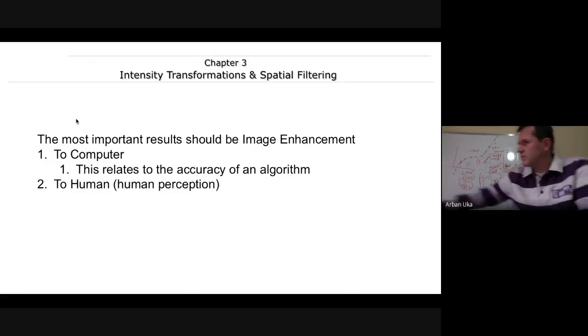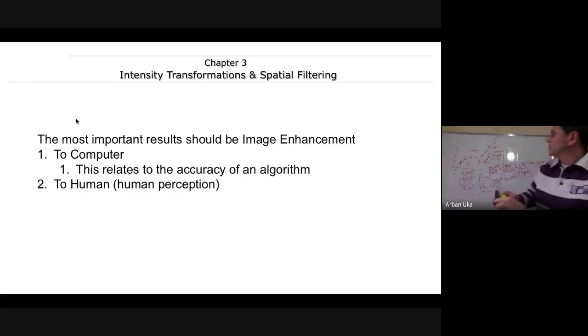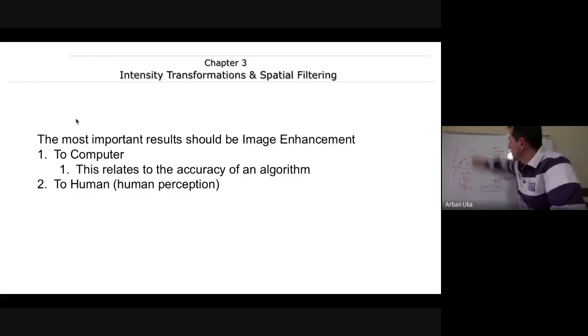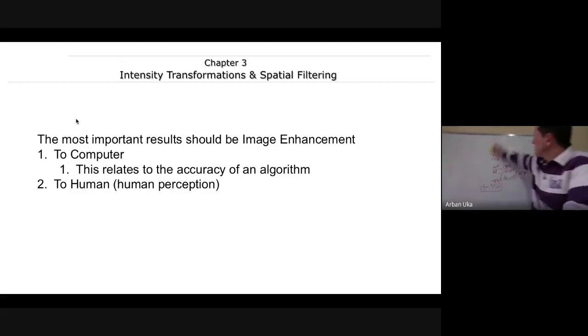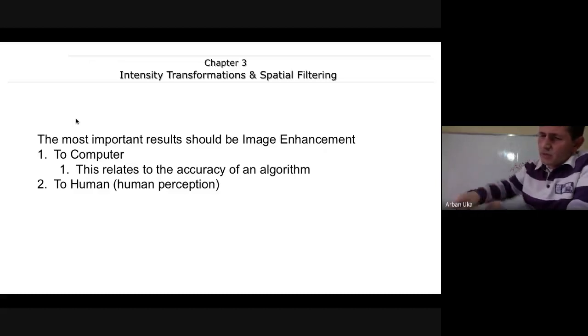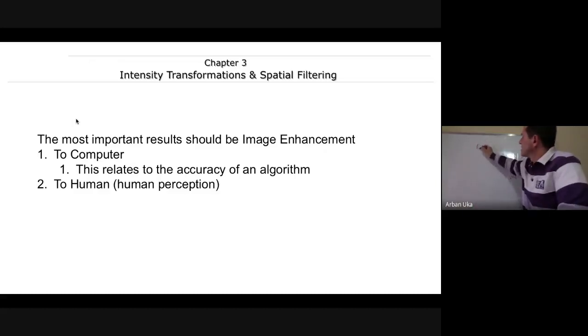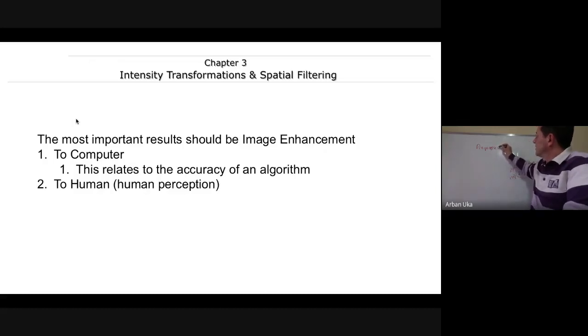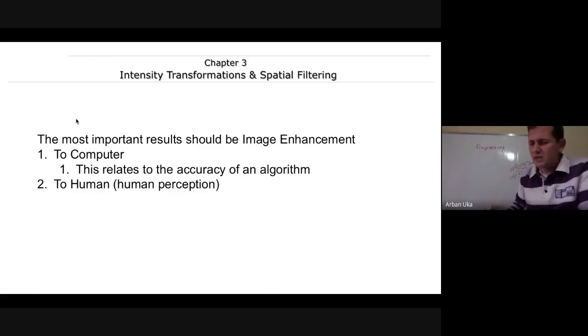Image enhancement is a very important, essential area of research, and it is often used whenever you do anything with images. There is a step which is defined as pre-processing. Pre-processing is a step which somehow modifies the pixels that are given to us with the objective to enhance the image. So we have here enhancement.